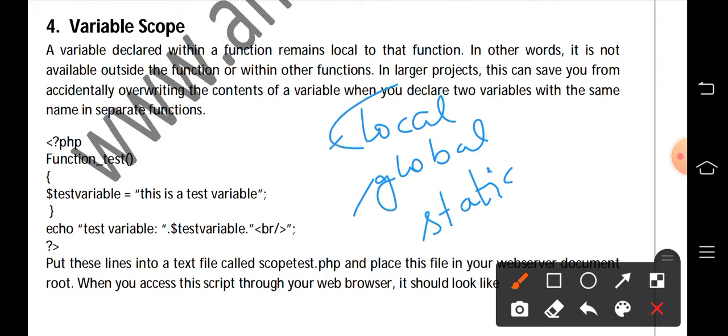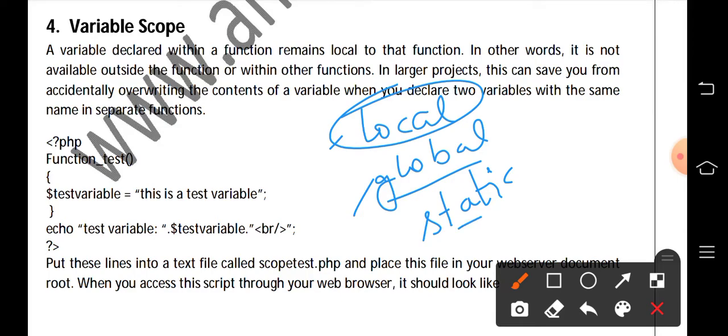Local variables are the variables which are used in the function, and their scope is only up to the function, and they will be destroyed when the function closes. Then global variable scope is throughout the program, and static variables are different.